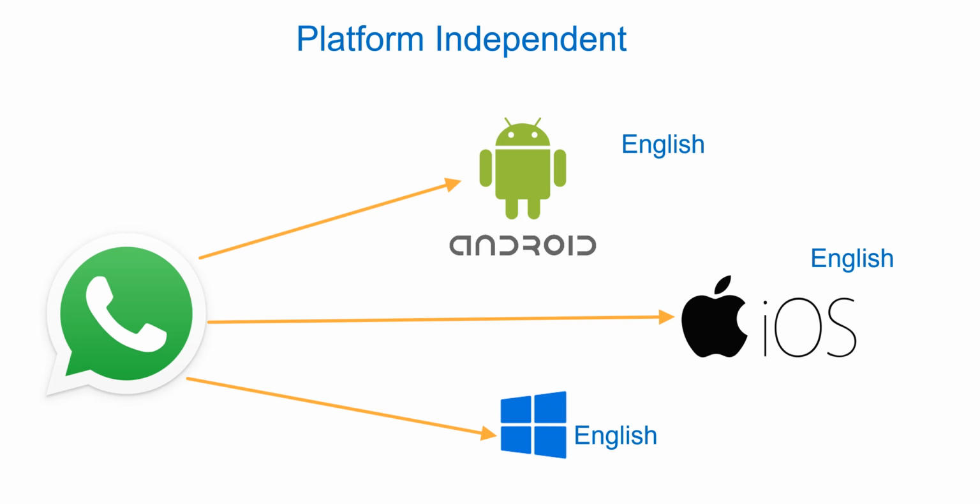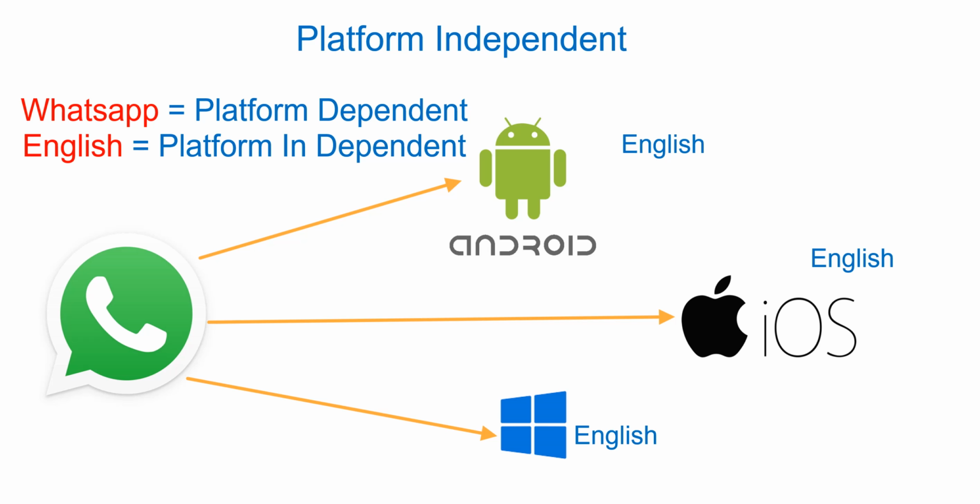So, we can take English as platform independent because all the OS are using English as a language. Whereas WhatsApp is platform dependent. Why? Because we cannot install a WhatsApp app of Android in iOS, or an iOS app in Windows. This type of cross installation is not supported in WhatsApp, so that's why we call WhatsApp